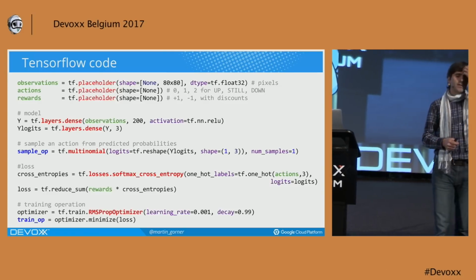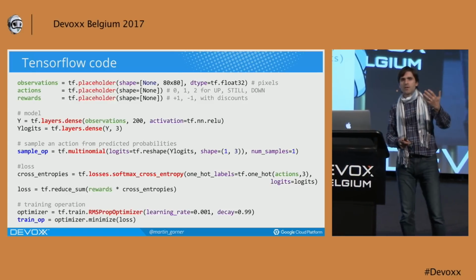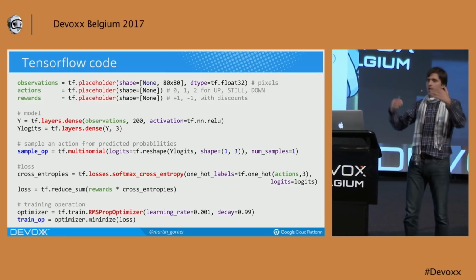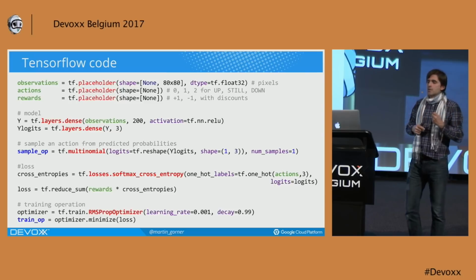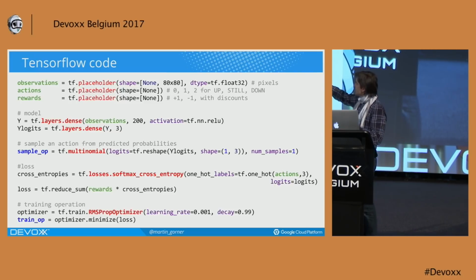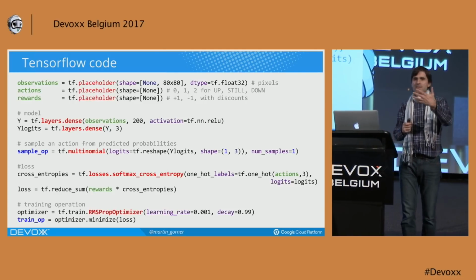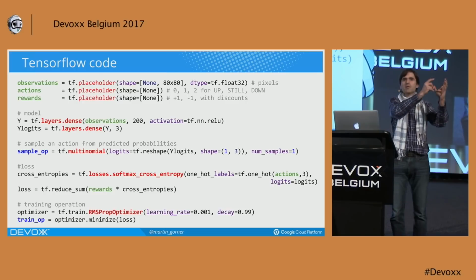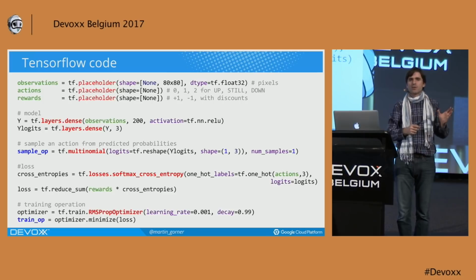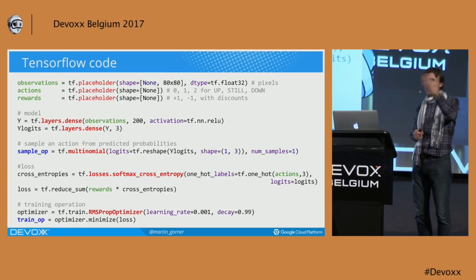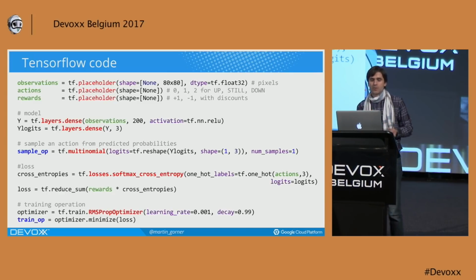We haven't touched so much on it yet, but we talked about it a little bit. I want to stress again that TensorFlow uses this deferred execution model. Everything you build in TensorFlow builds a graph. So when I do tf.multinomial, I don't sample at that step. At that step, I create a node in my graph that does the sampling. Okay, and it will be somewhere in the graph. When I want to actually sample a move, I will have to do something extra, which I'll show you on the next slide.